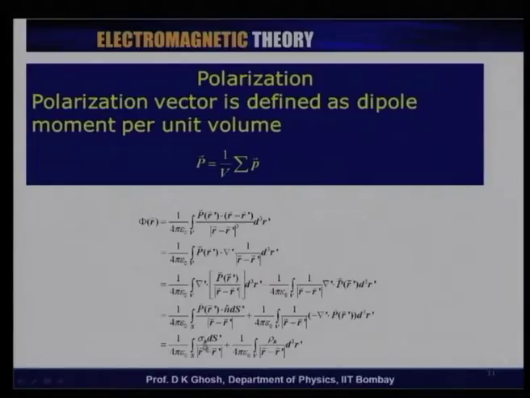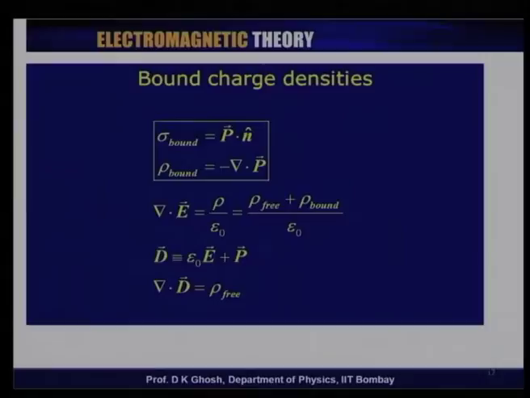I have put a subscript b for a reason that will become clear in a moment. And likewise, this expression is nothing but the potential that you expect from a volume charge distribution, provided your volume charge density is given by minus del dot P. So, what we have found is this: the effect of the dielectric, the dipole term. Remember I have said that the dielectric is assumed to be electrically neutral. So, my first term is 0 and the second term is what I have kept; third term onwards, at this moment I have not done anything.